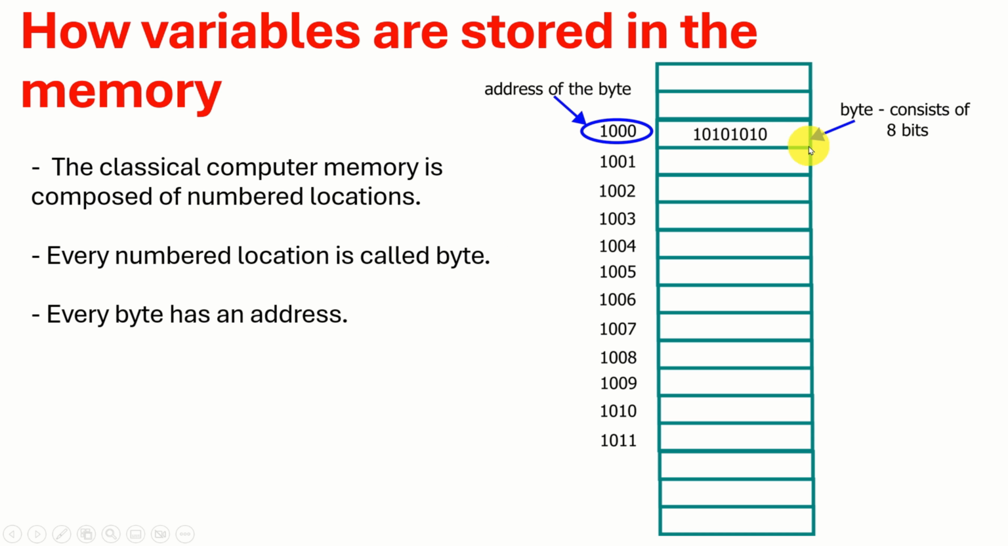These slots or these rectangles are particular bytes. Every byte consists of 8 bits, and every bit can be either 0 or 1. And here is an example of a byte. This byte can represent, for example, some number or something similar. Every byte has an address, and the address is represented by this ellipse over here and the number inside. So we can see that this byte has an address, this byte has an address, this byte has an address,